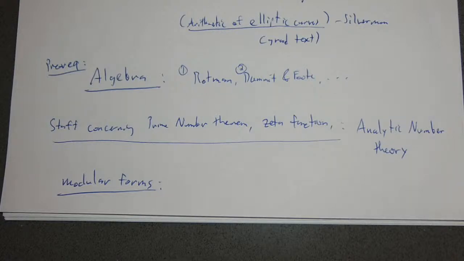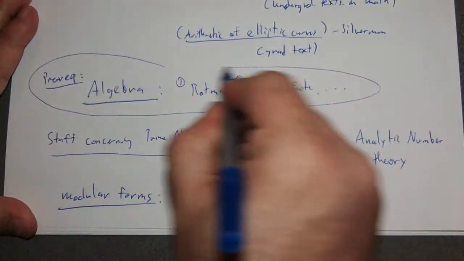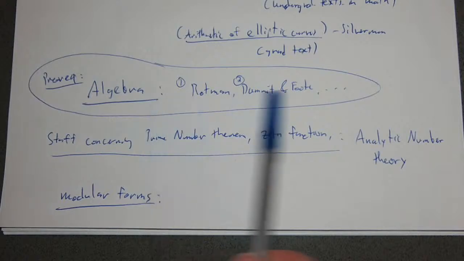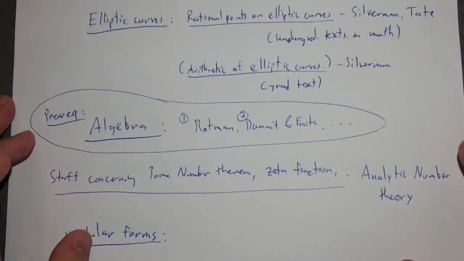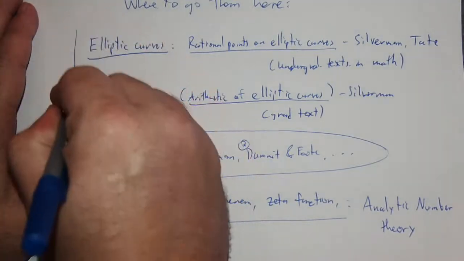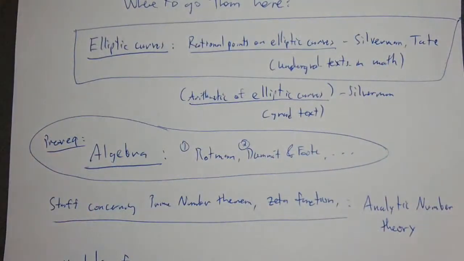I would say that if you haven't had a course in algebra yet, or if you want to take more algebra, then you're never going to go wrong with going further down the algebra rabbit hole, because that would help with anything you did further in number theory. But other than that, I would say that the next logical step is a book like this,